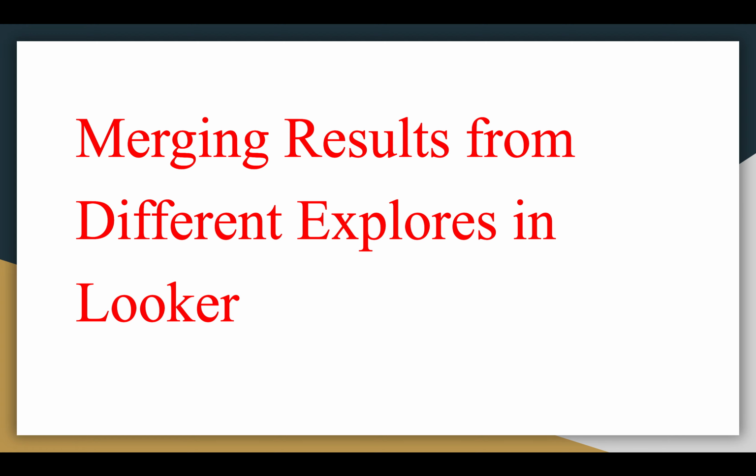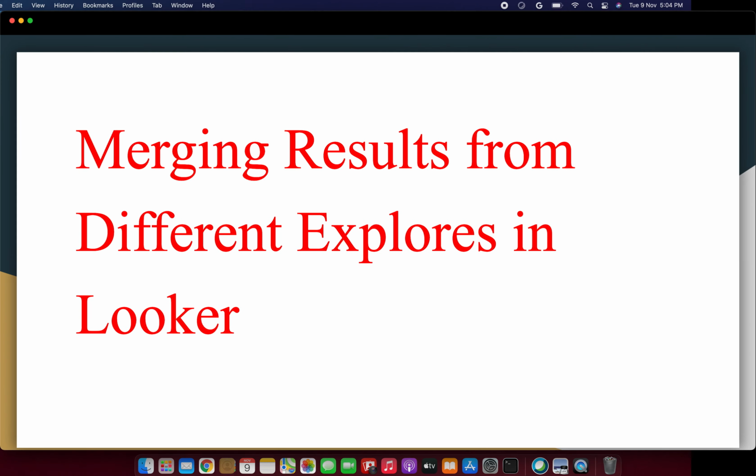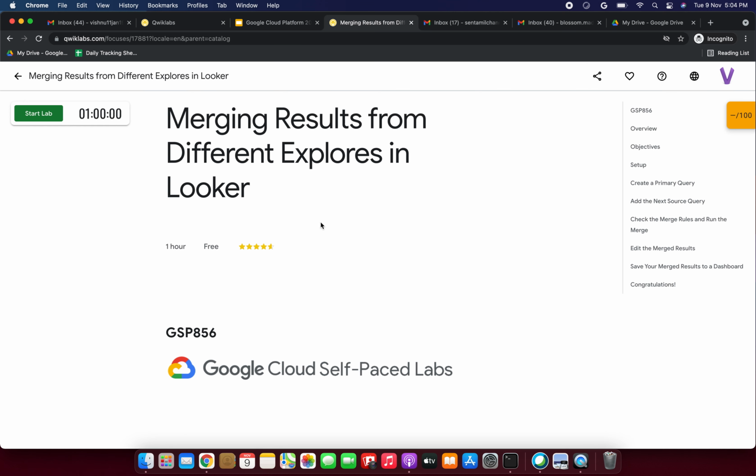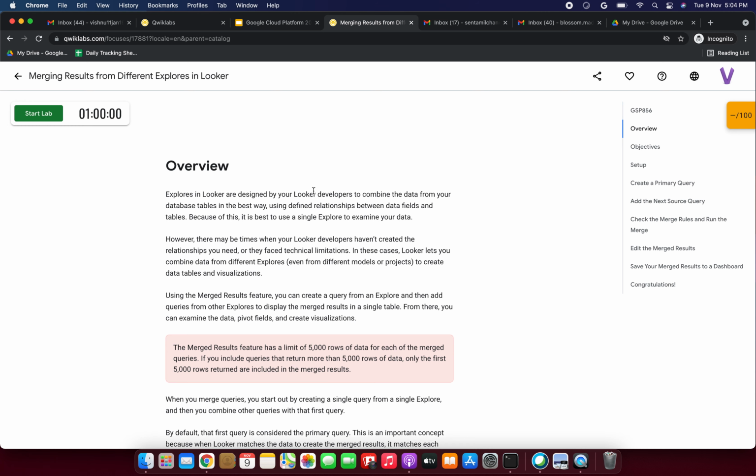Today we are going to see merging results from different explores in Looker. So this is a quick lab I have given here. Explores in Looker are designed by our Looker developers to combine the data from our database tables in the best way, using defined relationships between data fields and tables.